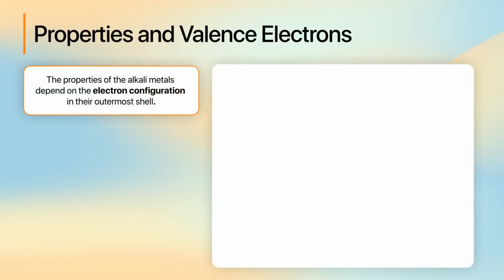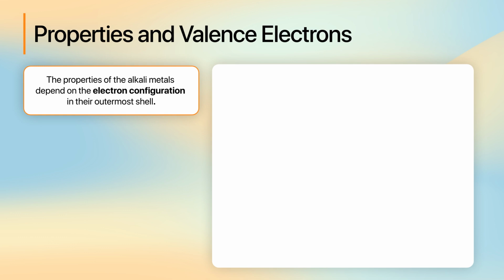The properties of elements in Group 1 of the periodic table depend on the configuration of electrons in their outermost energy level, also known as the valence shell. Here, we will explore how the properties of alkali metals are influenced by their outer electron configuration and observe trends